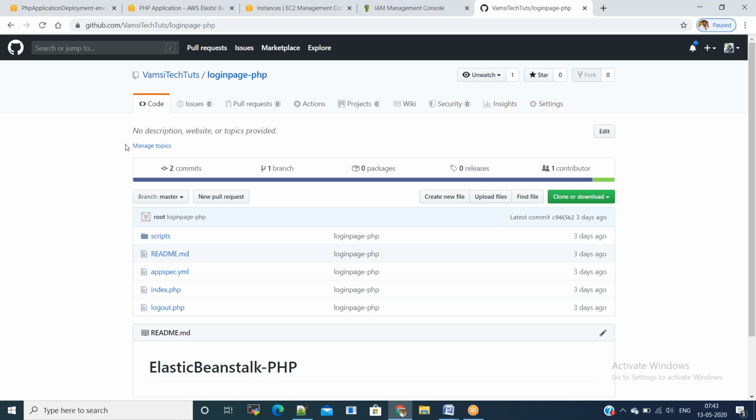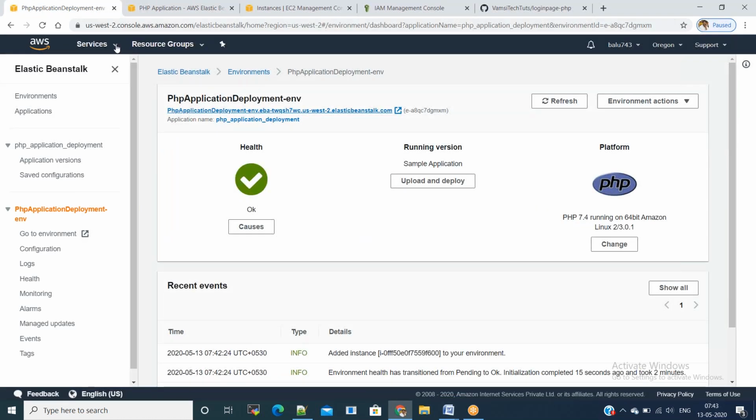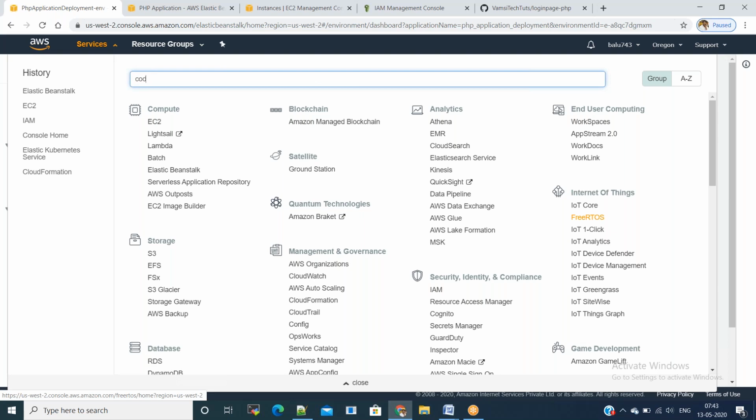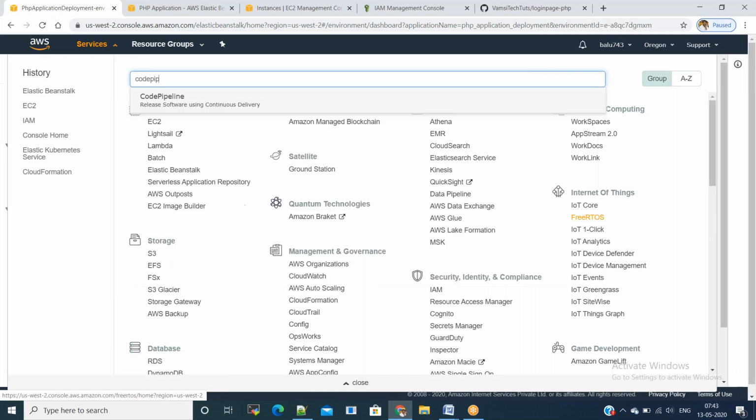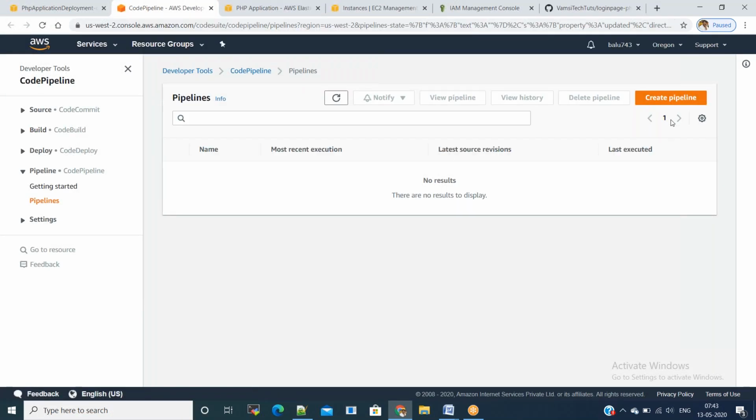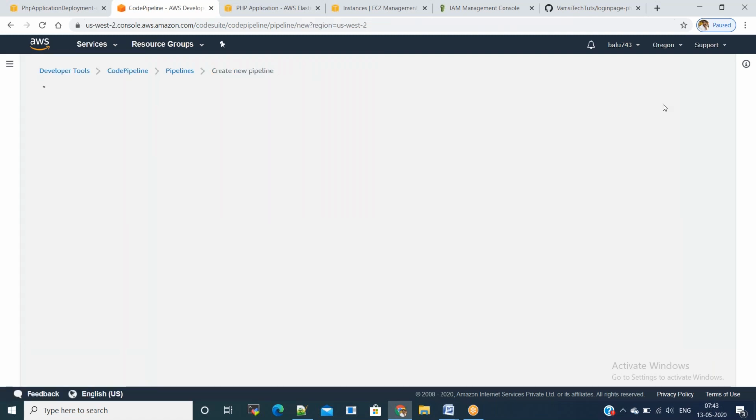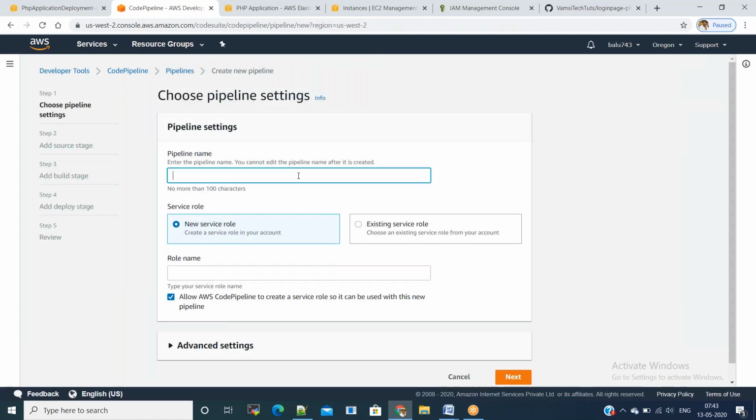Go to CodePipeline. Create pipeline. The name I took is login PHP application.